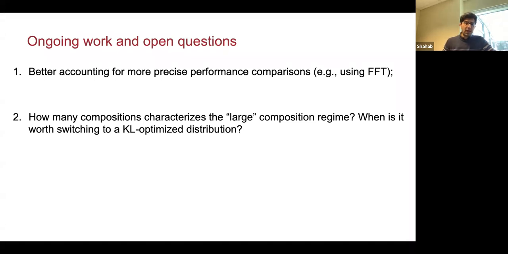So instead of using the law of large numbers, we want to use the central limit theorem or a little bit more advanced kind of concentration result to justify KL-divergence, and also maybe bring in not just the first moment, because if you remember, KL was the first moment of the privacy loss random variable, but maybe we need to bring in the second moment of the privacy loss random variable. Maybe we have to bring that into the optimization as